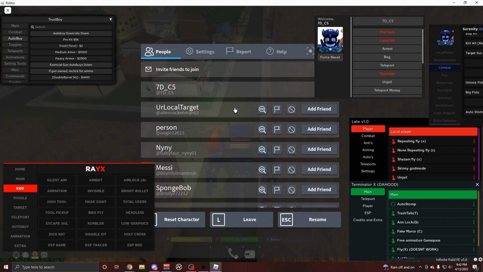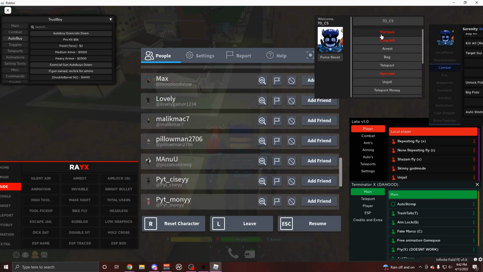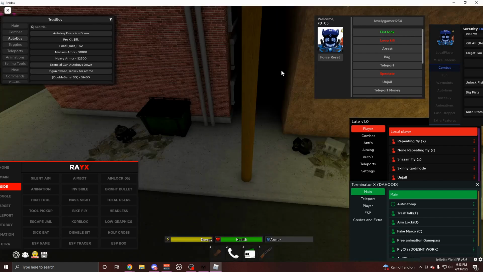Okay, Lovely. So let's find what their actual name is over here. Okay, so their actual name is Lovely Gamer 1234. So I'm going to type their name over here, Lovely Gamer 1234. And I'm sorry if you're watching this video, but you're basically about to become a test subject. So come over here, click enter, and then you can come over here, click fist lock, and that's going to